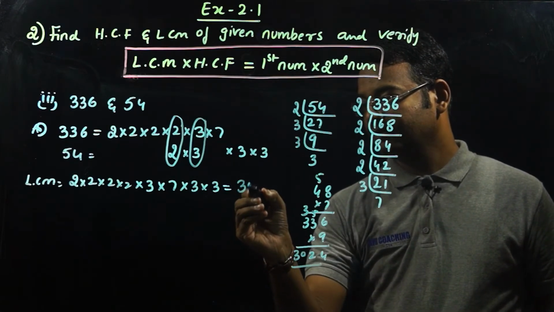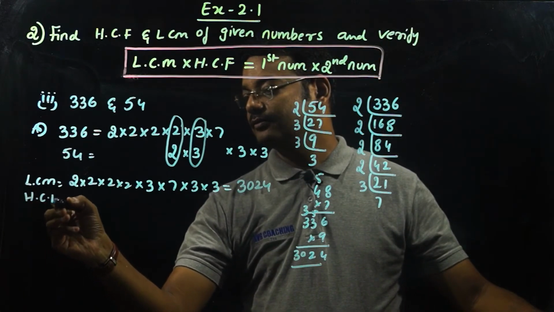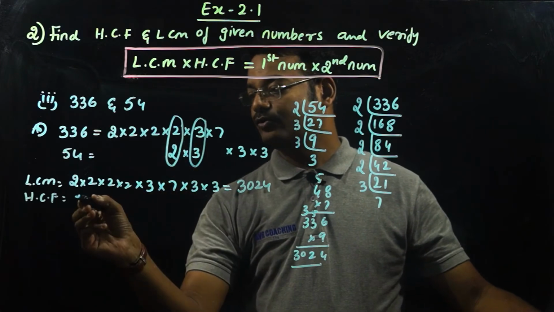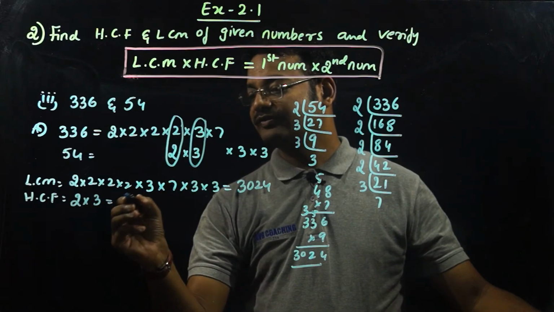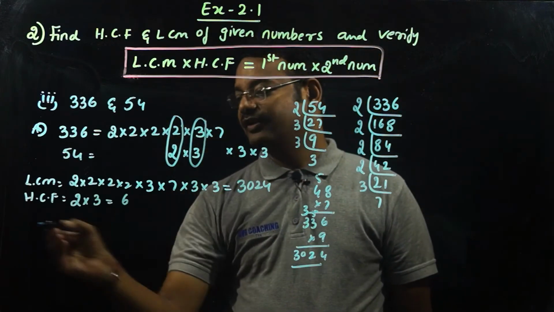3024 is the LCM. Now HCF is, we have 1 2 repeating and 1 3, so HCF is 6. 2 3s are 6. Now coming to the verification process,